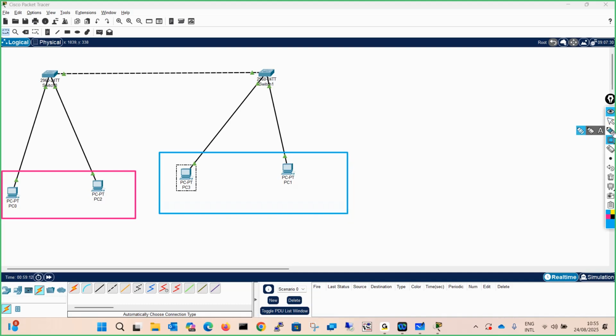Let's say, for example, these PCs are in VLAN 10 and these PCs are in VLAN 20.